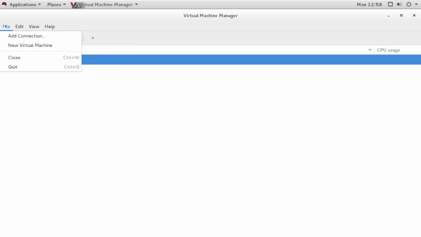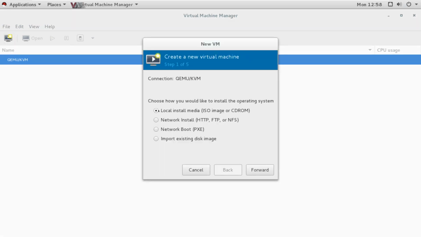Let's say I want to create a new virtual machine first. So I will click on create new virtual machine. Here I have the option to choose how I would like to install the operating system. You can install the operating system through an ISO image or from your CD/DVD drive, like the physical CD/DVD drive of your real machine, the host. You can insert the DVD of your operating system and it will detect from there.